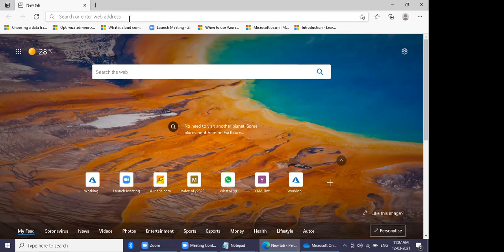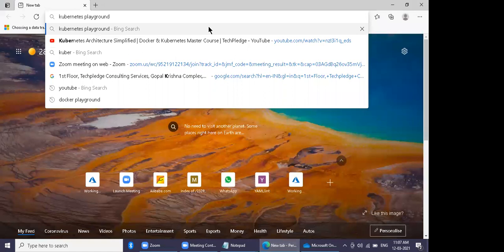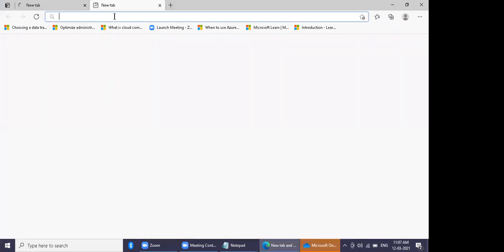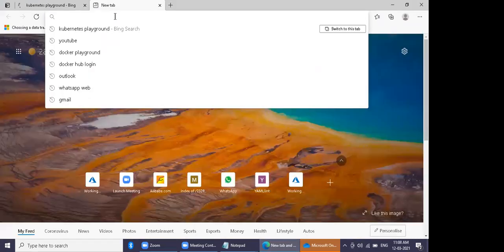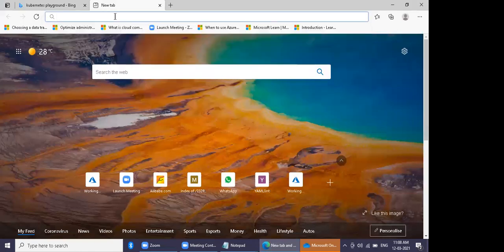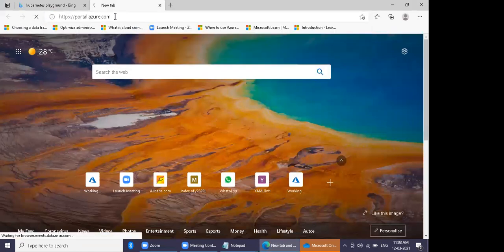Log into Azure. So last time we saw the Kubernetes service, right? What the Kubernetes service does is run your Docker container in a high availability mode. Now we are going to use the same cluster service in Microsoft Azure.